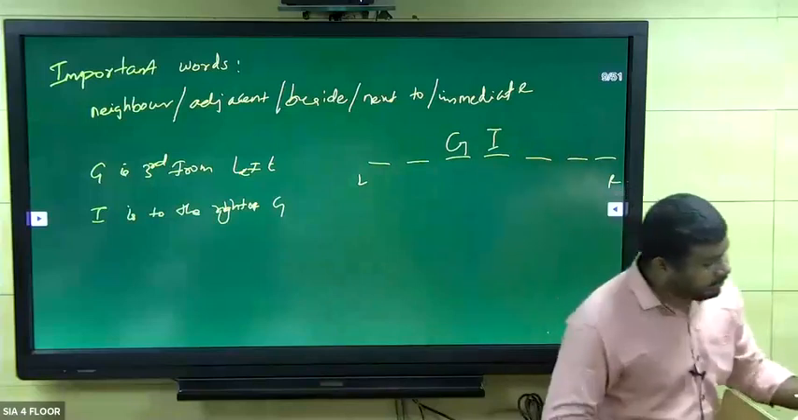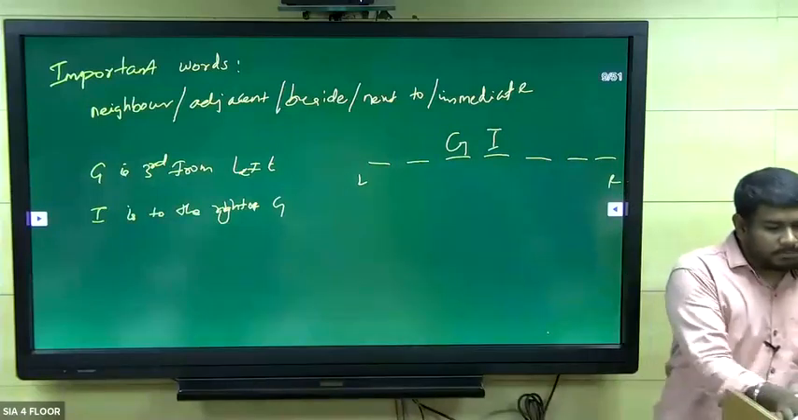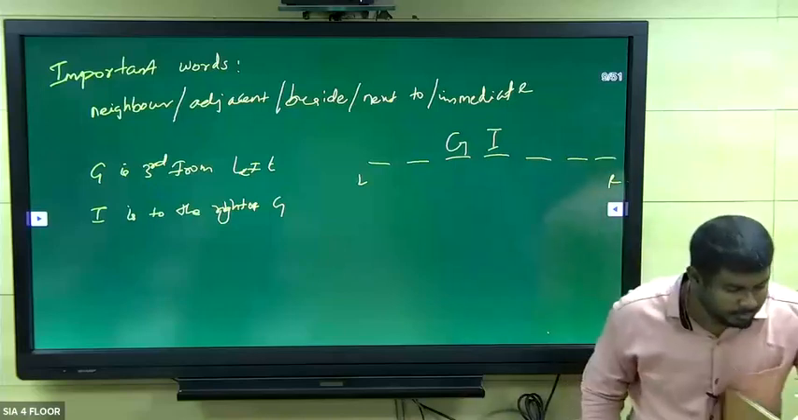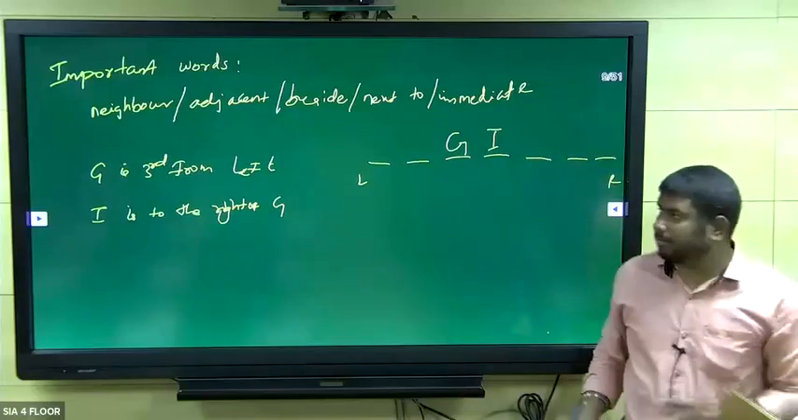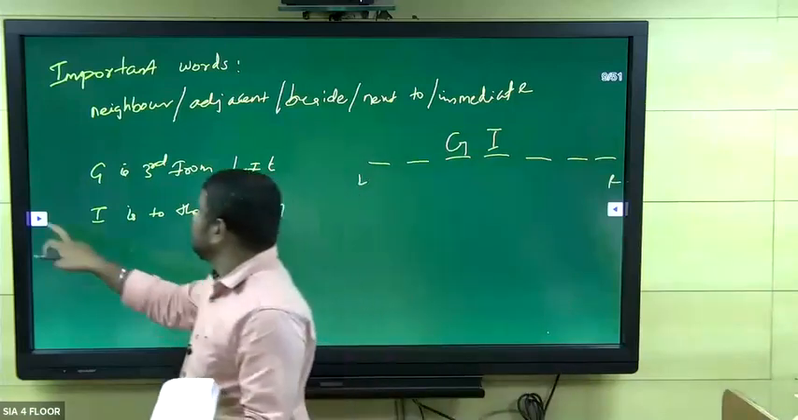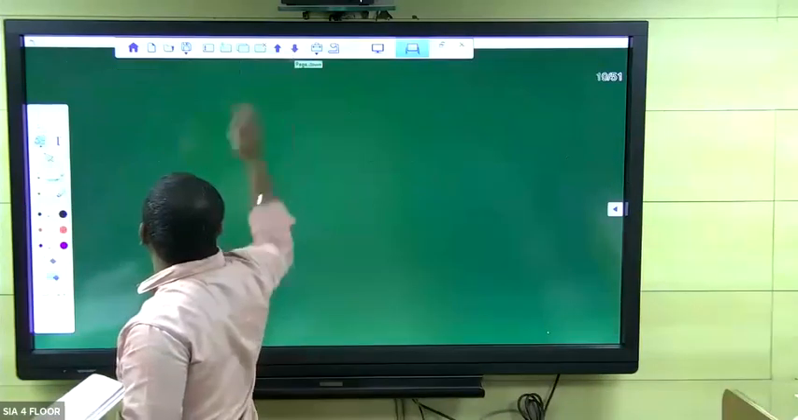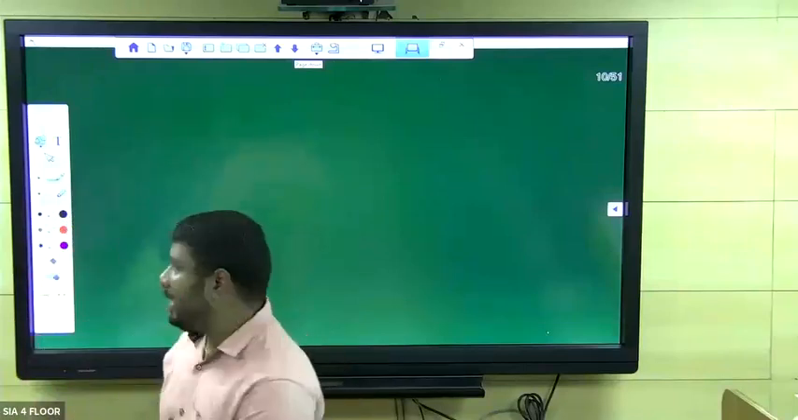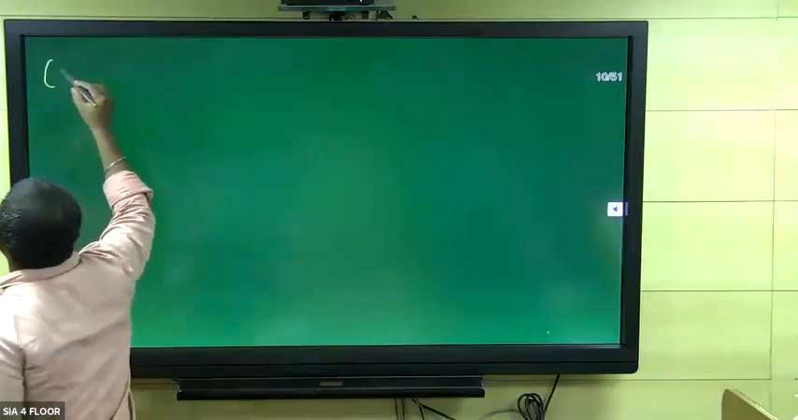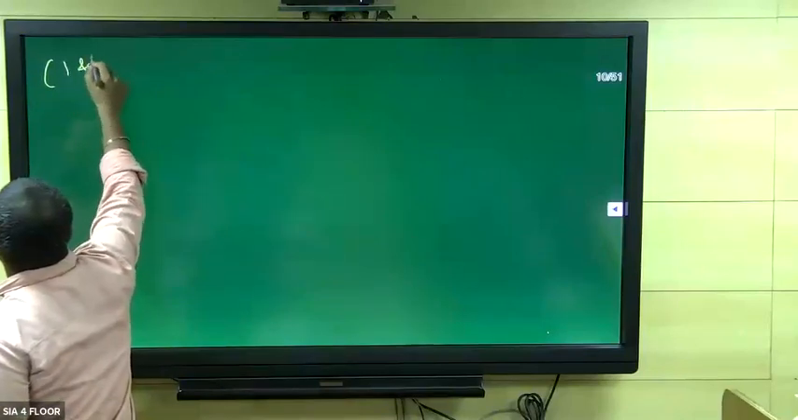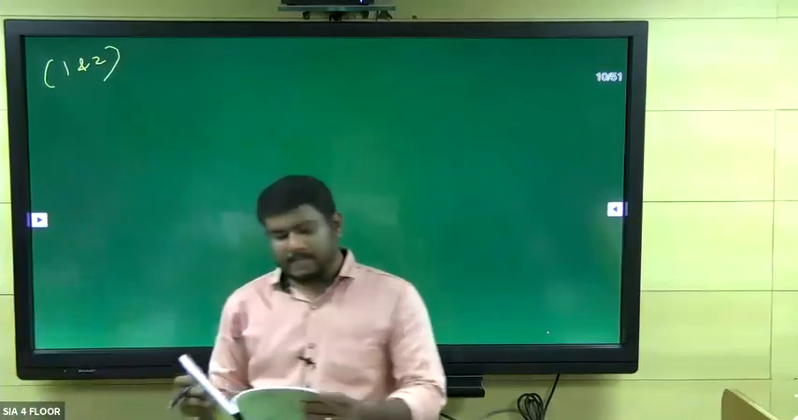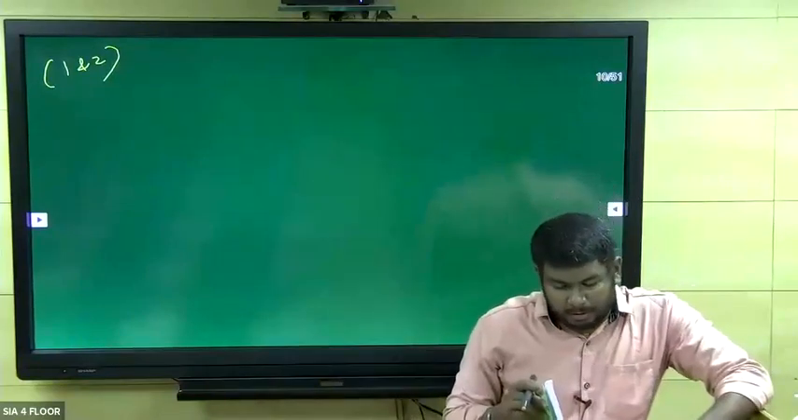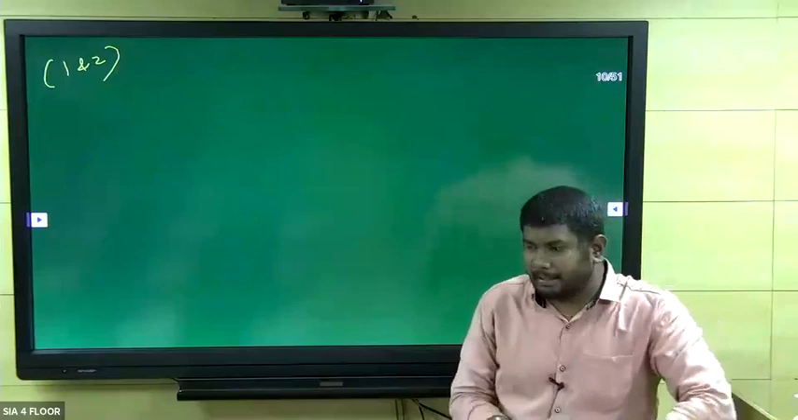So take your page number 82. First question, directions 1 and 2. These questions are based on the information given below: a group of 7 singers